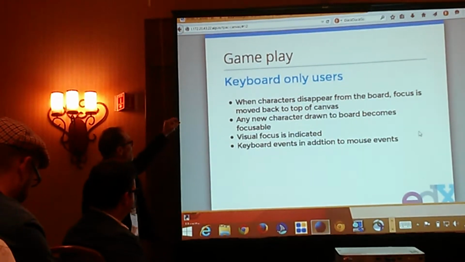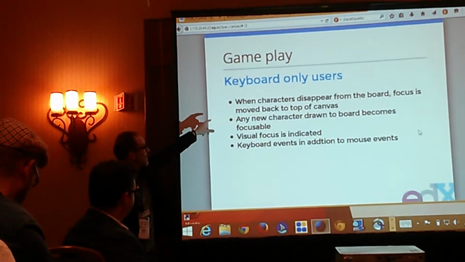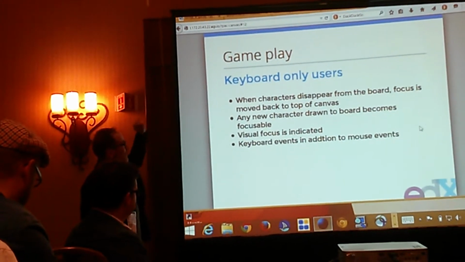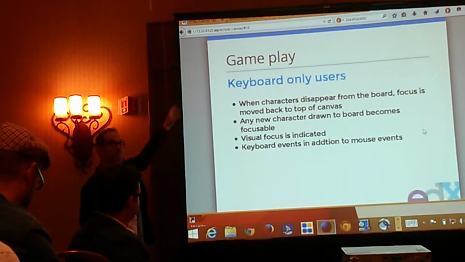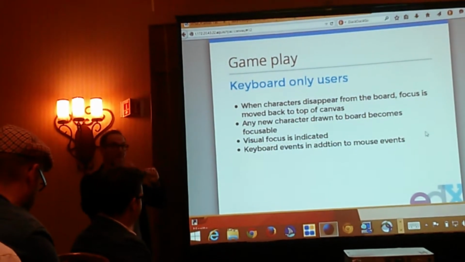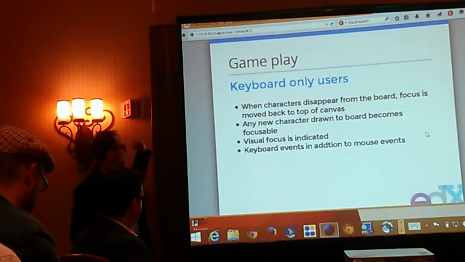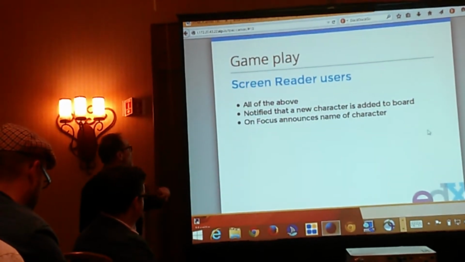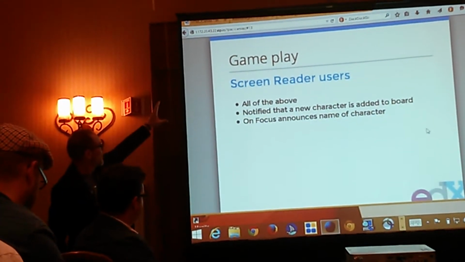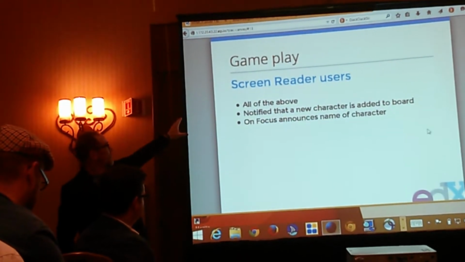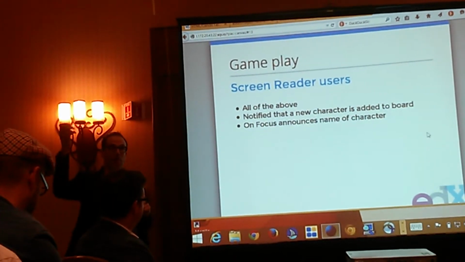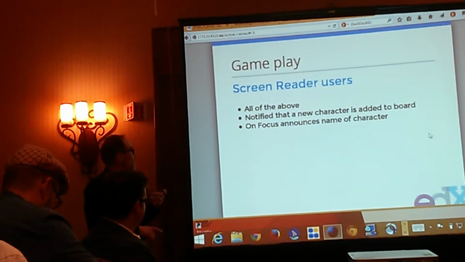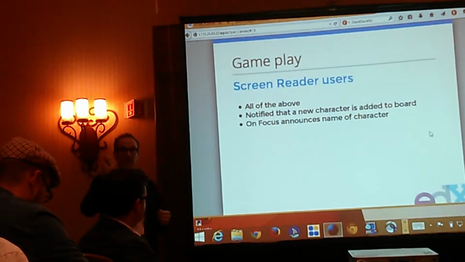So just to give you a quick overview of the gameplay for keyboard-only users, when the character disappears from the board, focus is moved back to the top of the canvas. Any new character drawn to the board becomes focusable at that point. So you can now move focus to the things that are appearing on the board. Visual focus is indicated. Keyboard events in addition to mouse events are accepted. For screen reader users, all of the above, the screen reader user is notified that a new character is added to the board, so they hear it go, at which point they can then move focus to the character, and it will tell them if it's a good character or a bad character. You're only supposed to whack the bad